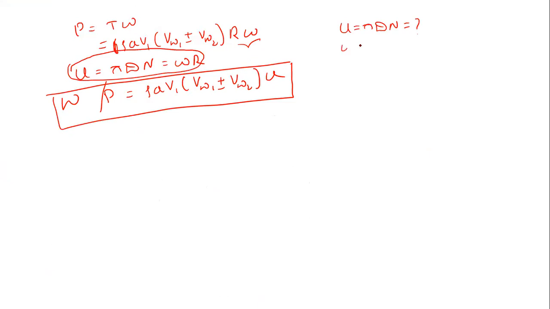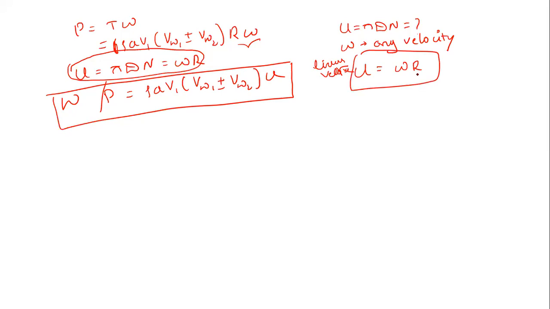What is omega? Angular velocity. That only you don't know, I guess. Omega is angular velocity. So how can we get U equal to omega R? Okay, this you should know. Always remember, if we want to convert angular velocity into linear velocity, we multiply the angular velocity with the radius. U is a linear velocity. Angular velocity into radius gives you the linear velocity. Now, can I represent this R as d by 2?